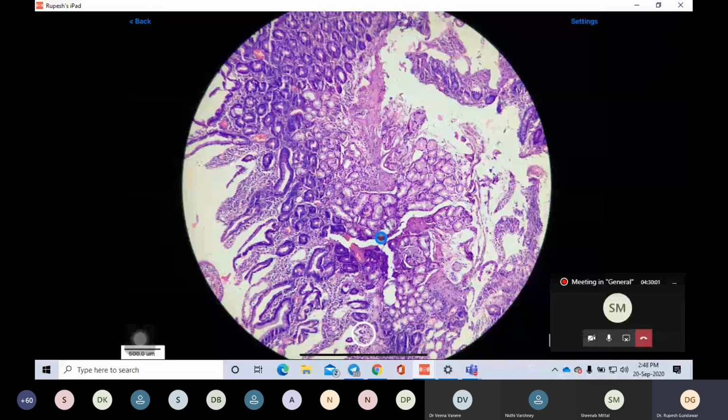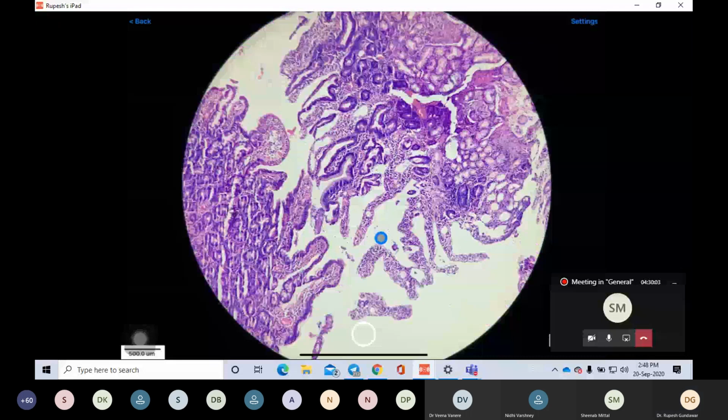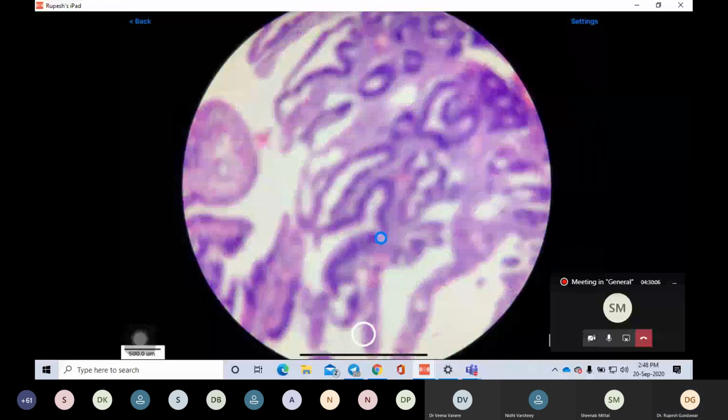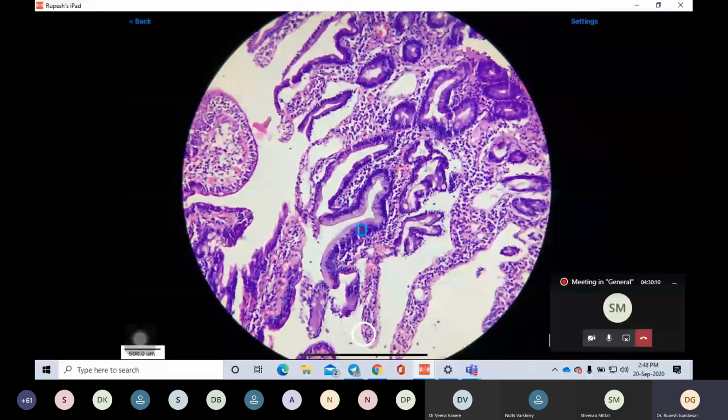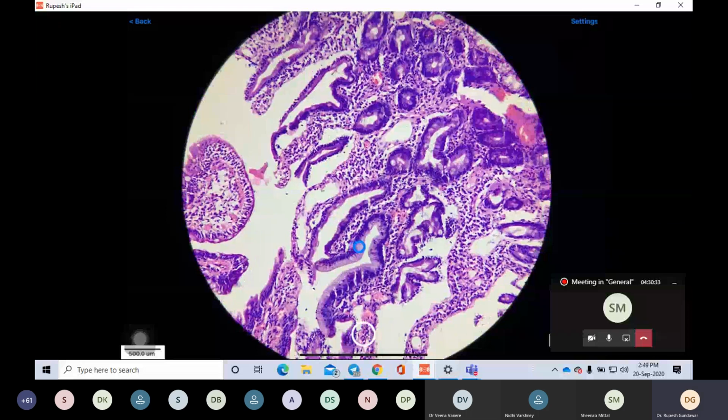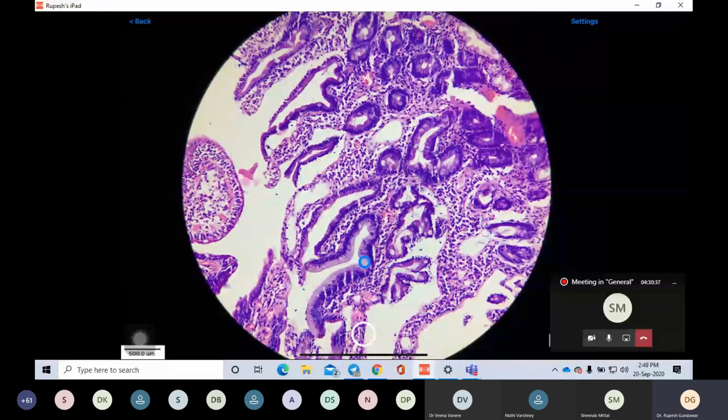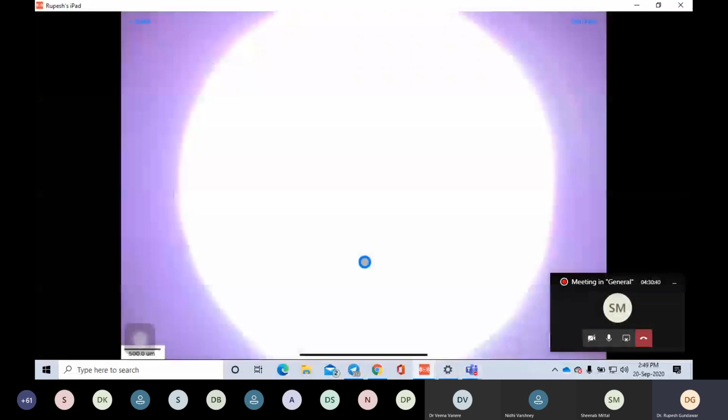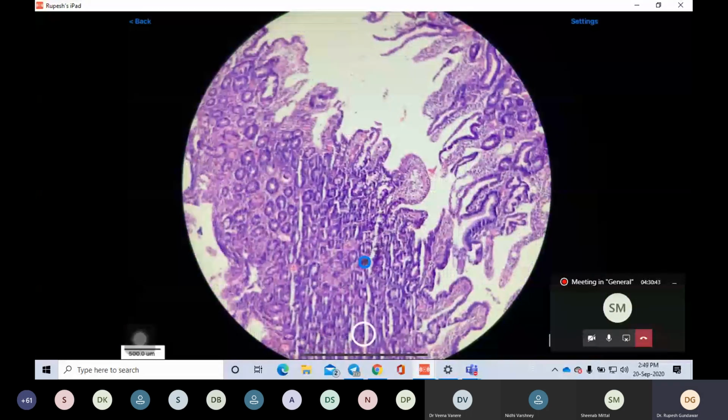Other findings here you can easily see. So this is foveolar metaplasia. See, this is the bowel epithelium, which will show you regularly scattered goblet cells. But here you see the epithelium is forming the mucin cap throughout the mucosal length. This is characteristic of gastric epithelium, or you can say foveolar metaplasia. So this is a characteristic finding in this case. And again, inflammation in the lamina propria is increased, with gastric foveolar metaplasia and Brunner gland hyperplasia. IELs are also increased.